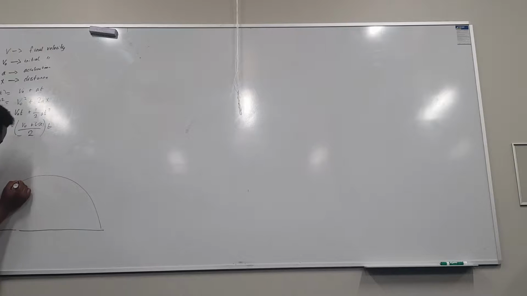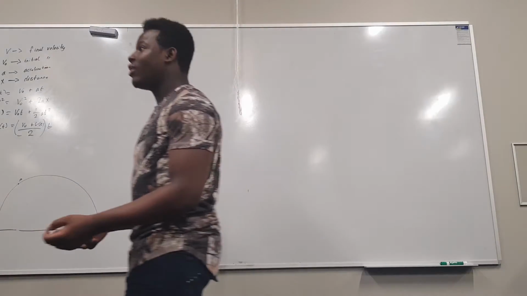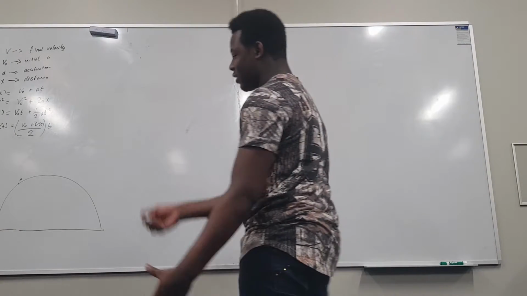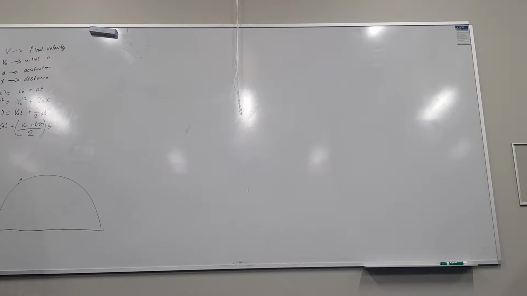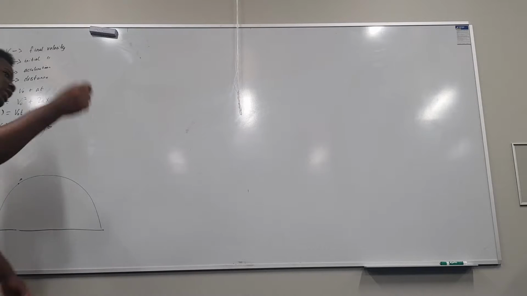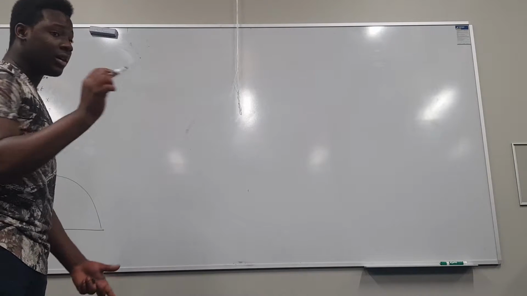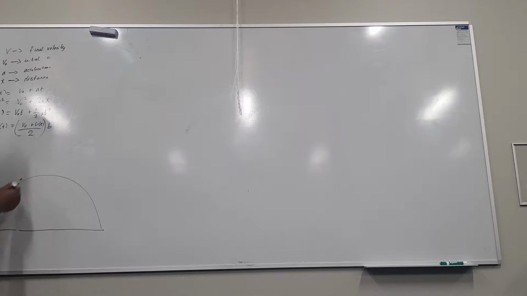So at any generic point P, where P is a variable, P is a point on the trajectory of the projectile. What is the trajectory? The trajectory is the path that the projectile travels. In this case, it happens to be a parabola, and I will show you later why it is a parabola. Well, it is a parabola, as you can see, but I will show you the equation that actually shows that it is a parabola. So at any generic point P, where the path in physics is the trajectory of the projectile,